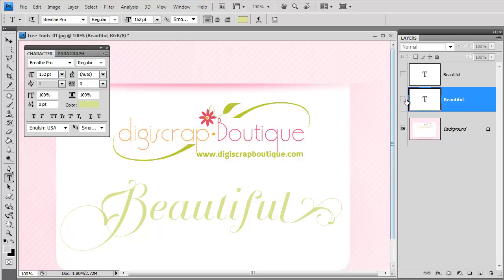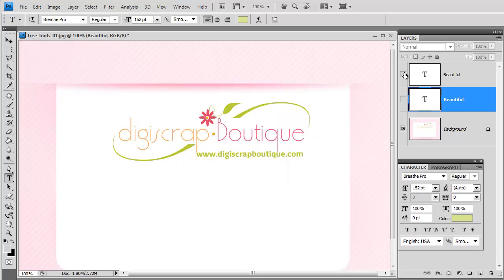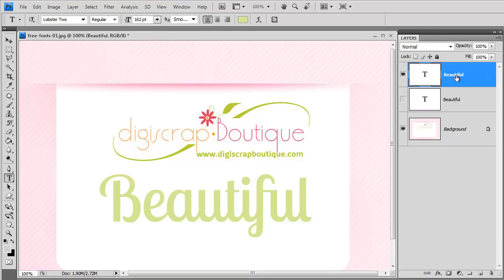Now, we're going to try it another way with another font. Here I have Lobster 2 selected, and I want to show you how you can change the bolds. Now this time we're not going to be using our character panel. We're just going to come up here to our options bar, and over here you can see that there is a little drop down, and if I check it, there are actually different options here for me to change the look of this text. There is an option to italic,